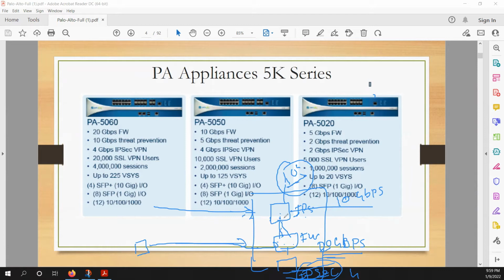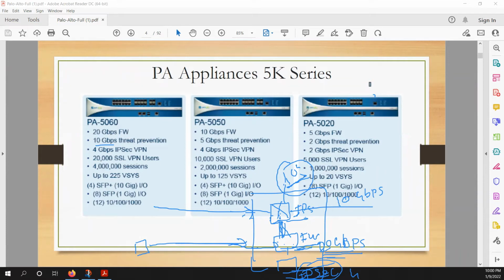So the firewall would be syncing with the IPS, and it would be sending the packet at the IPS speed, not the firewall speed. If you disable this module where packets do not need to check IPS, then the firewall is going to support its full throughput. But if you are using IPS, that means some of the packets need to be evaluated by the IPS. So the maximum speed you are getting is the IPS 10 Gbps, because each packet needs to be evaluated by IPS, and IPS is maximum supporting up to 10 Gbps, not more than that.